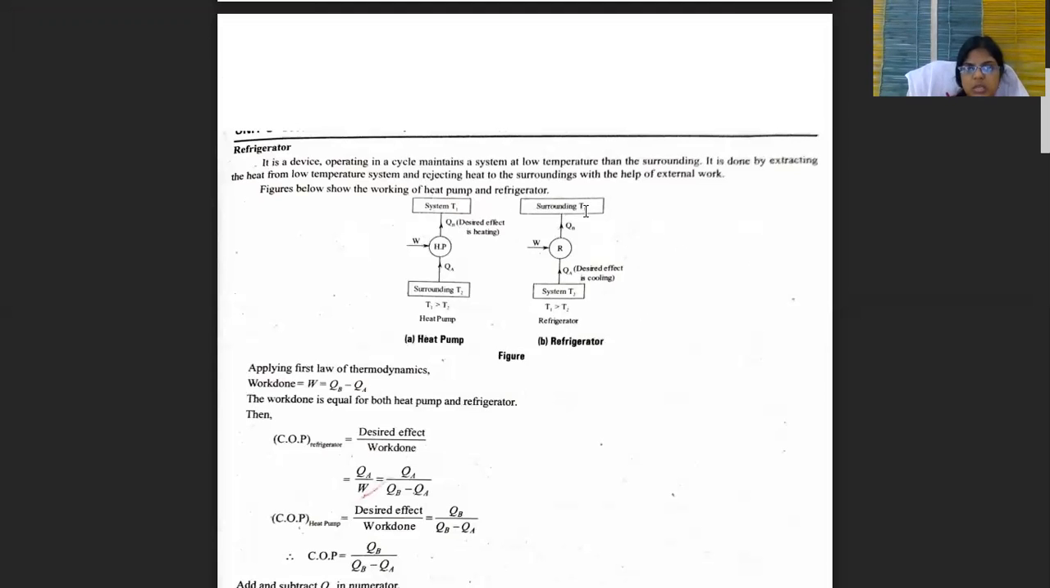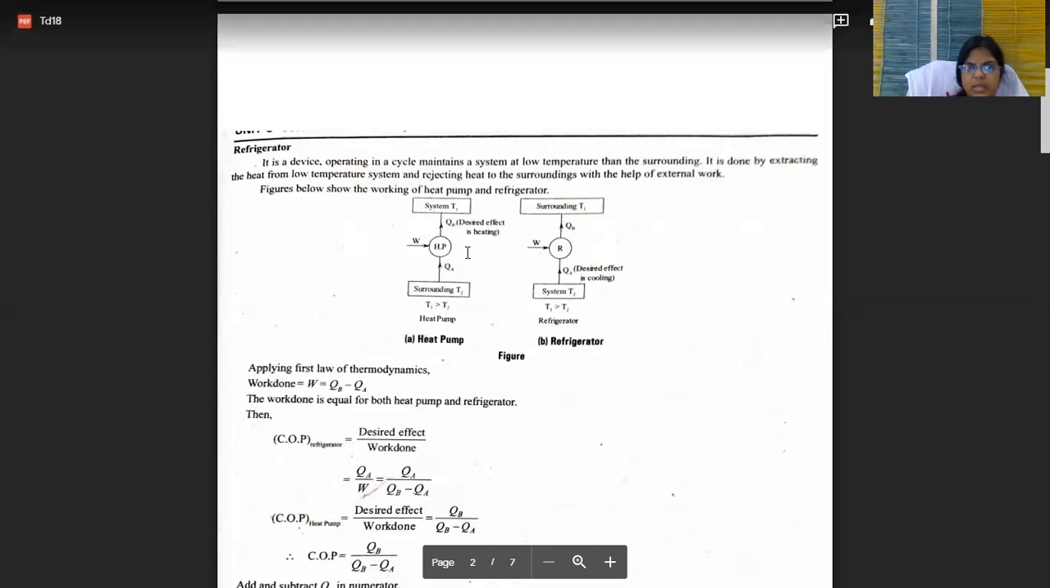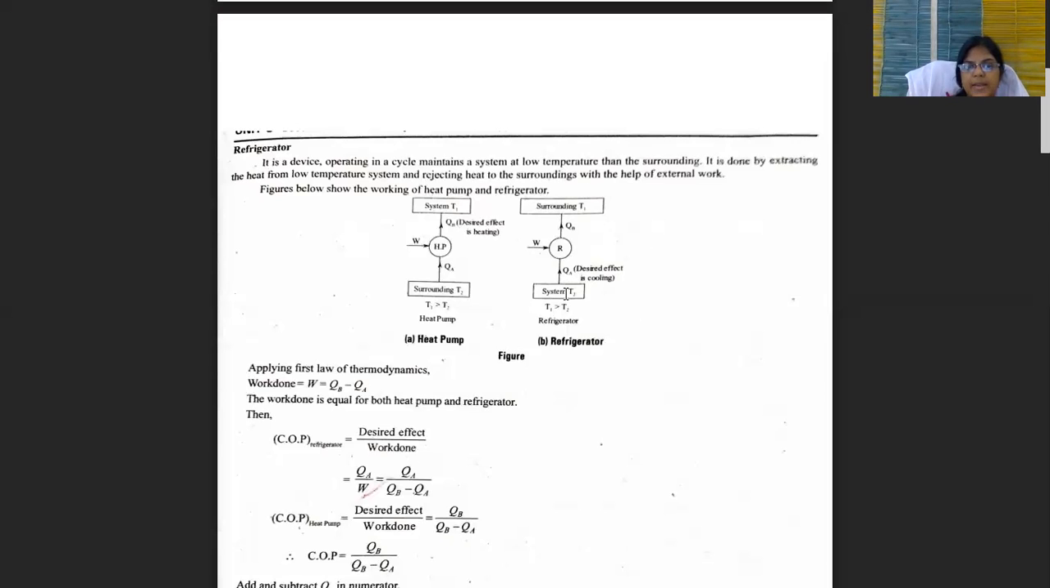There is a mistake here, and here surrounding is replaced with system, and this is surrounding. Same diagram, but there is a mistake here. So this is system and this is surrounding. Actually in the surrounding we remove the heat from the surrounding and add it to the system, and our system maintains the,